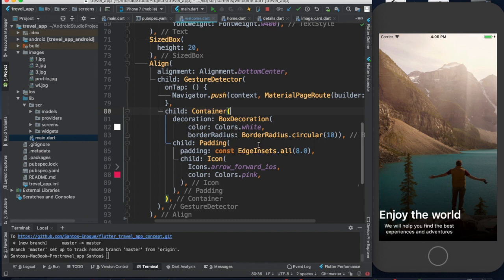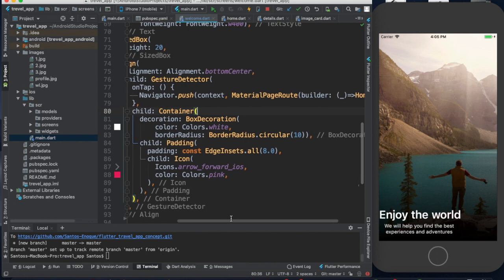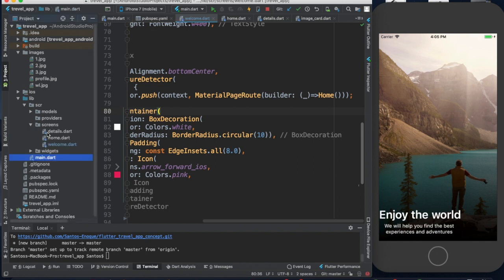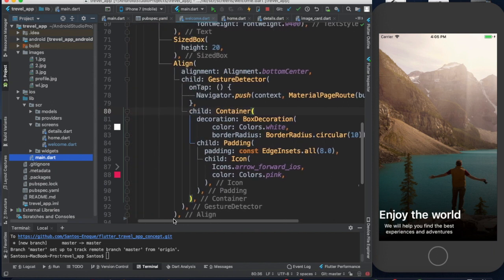So for us to be able to click on that container, I'm going to use gesture detector, and I'm specifying here that when the container is clicked, we will want to load the home page, right? And I have the file here on the screen, so we have home. The only thing we'll need to do is go and populate that, but that's not for now, right? Let's save this,